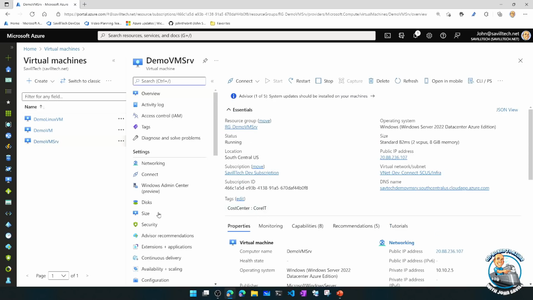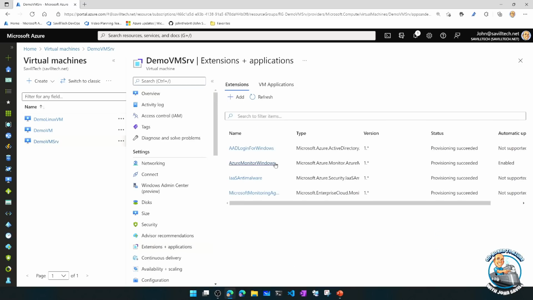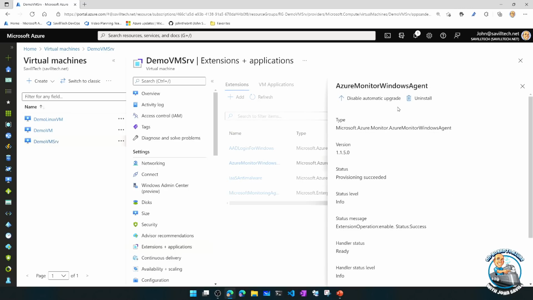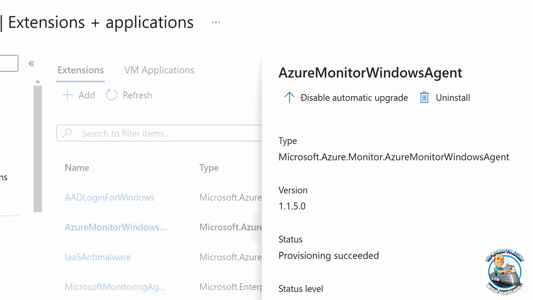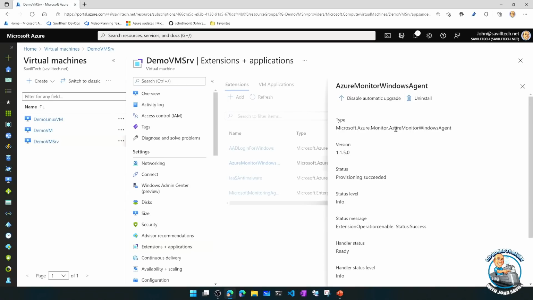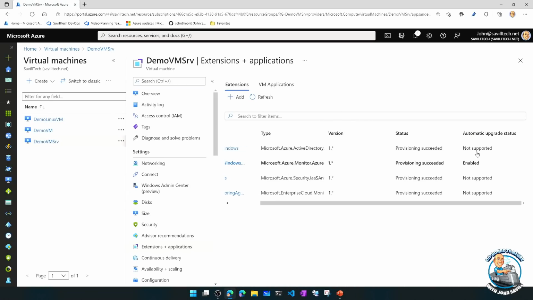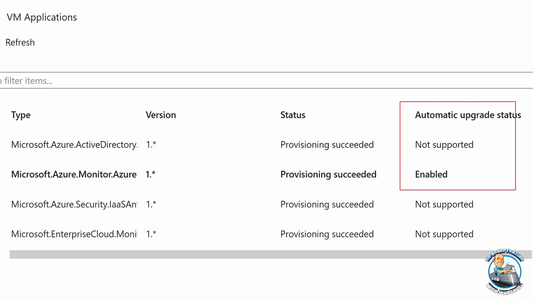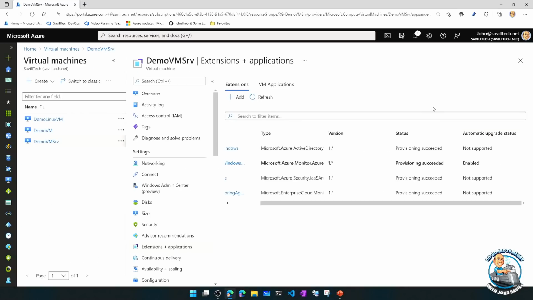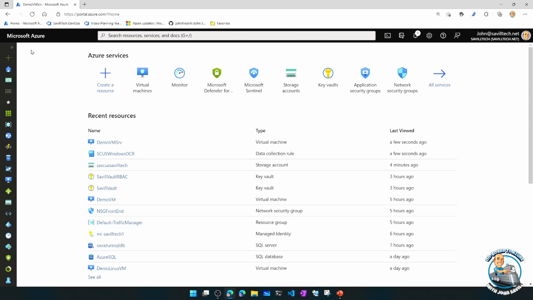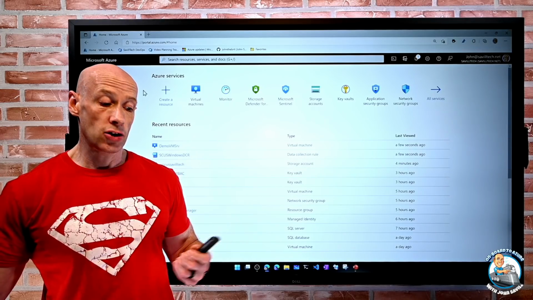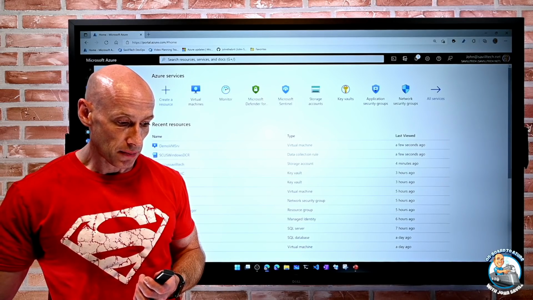And then I can now optionally, on that extension, you notice it says disable automatic upgrade because I've already done the enablement. So here you can actually say, hey, I want to enable automatic upgrade, but you'll see mine is already set for automatic upgrade. So I went and made that change earlier. So we have that now for the Azure Monitor agent extension. So now when that new version comes out, it's just going to go and deploy that automatically.